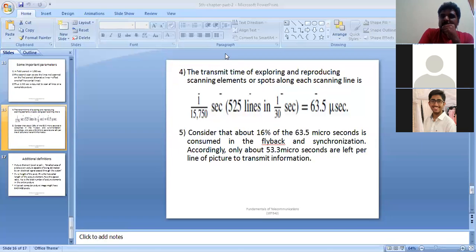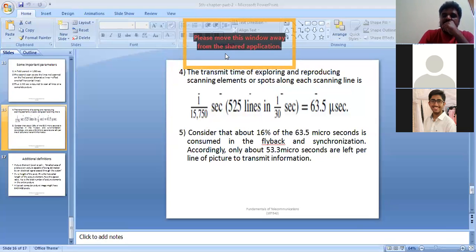Some of you are texting me regarding the classes, and some of you have communicated that you are finding difficulty with internet connectivity. My suggestion is, if you can listen, it is easy for you. But if, because of internet connectivity or whatever the reason, you are not able to, then at least go through the PowerPoints and the textbook. The overall idea is you have to be prepared, and you have to gain more knowledge in this particular subject. Okay, so any queries?